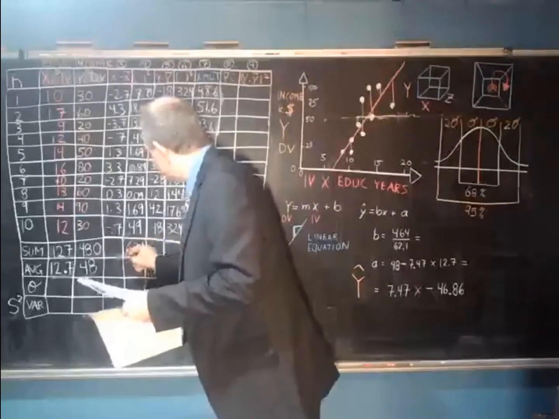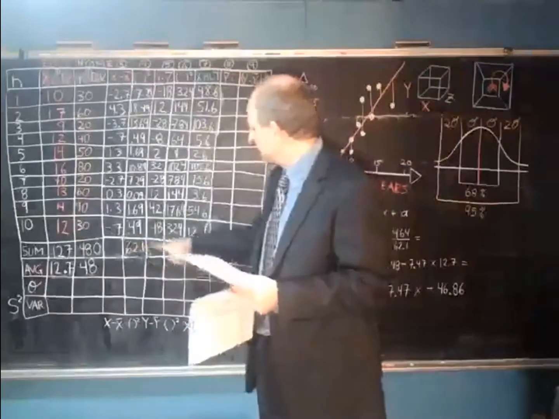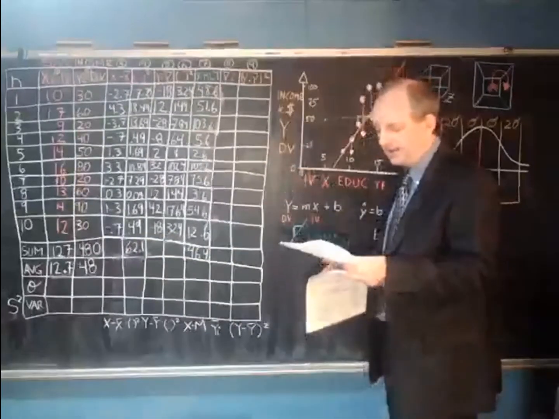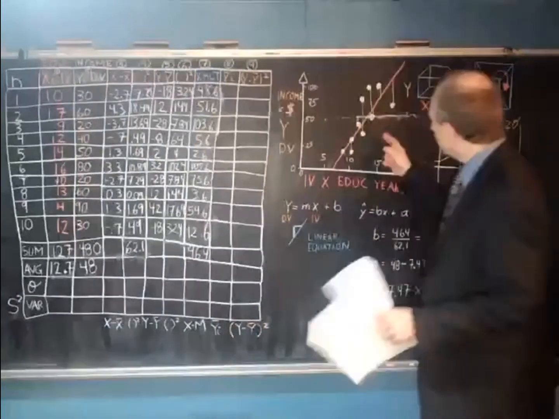Okay, so we need to come up with these two values. So we've done a lot of calculations to produce these two discrete values, which are going to be very important in the subsequent calculations that we're going to make. So let's take a look now back here. So here we have